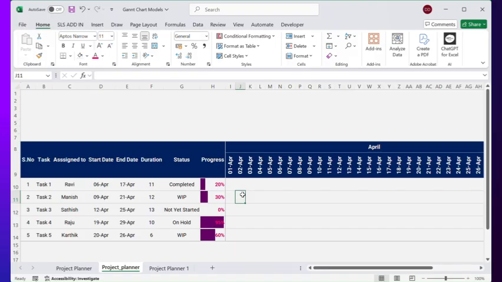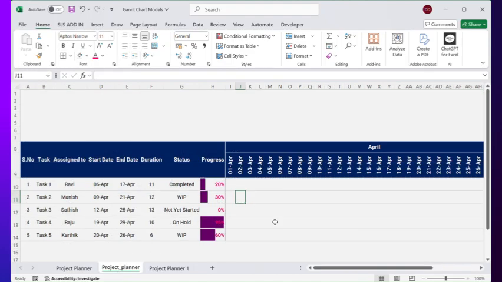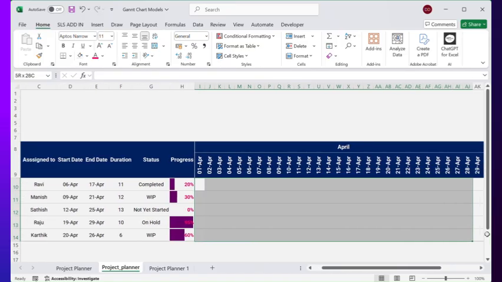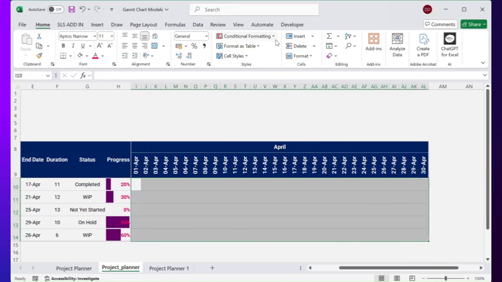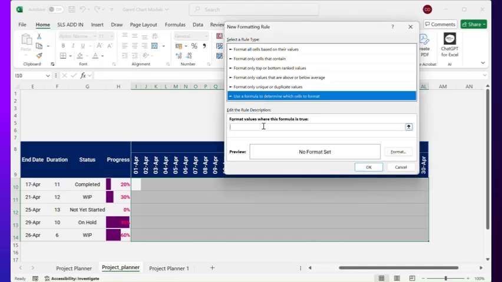And now for the main part, that is the Gantt chart. To do that, first our requirement is the Gantt chart color should change based on the status, and the start date should be less than or equal to the date in the Gantt chart, and the end date should be greater than or equal to the date in the Gantt chart. For that, we'll select the cells in the Gantt chart. We'll go into conditional formatting, click on new rule, and use the formula,